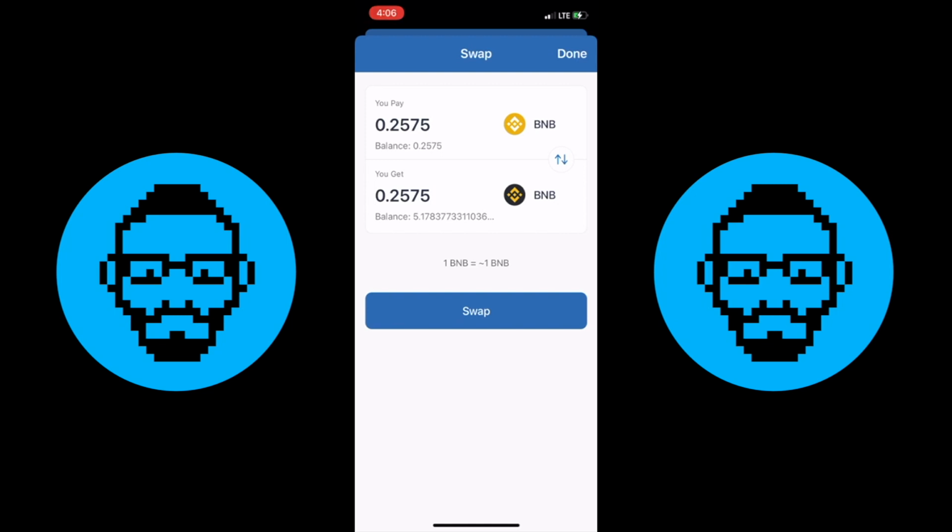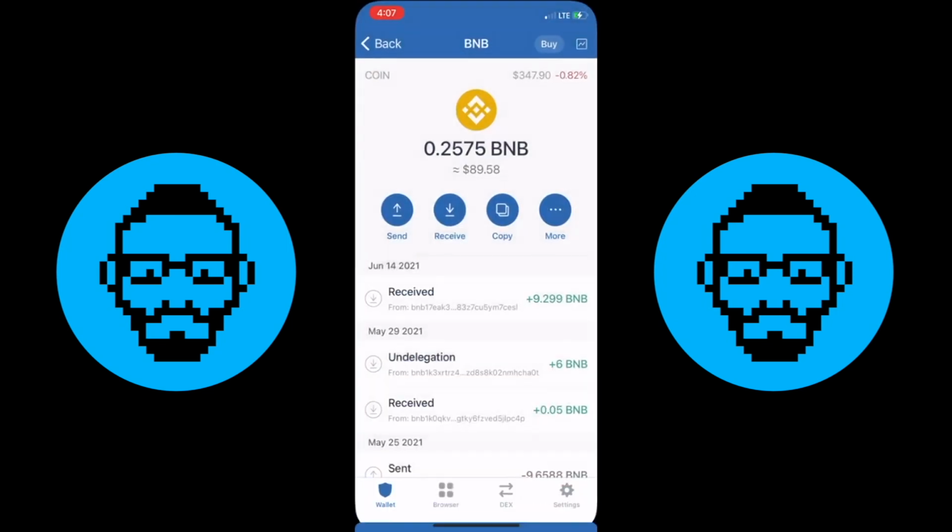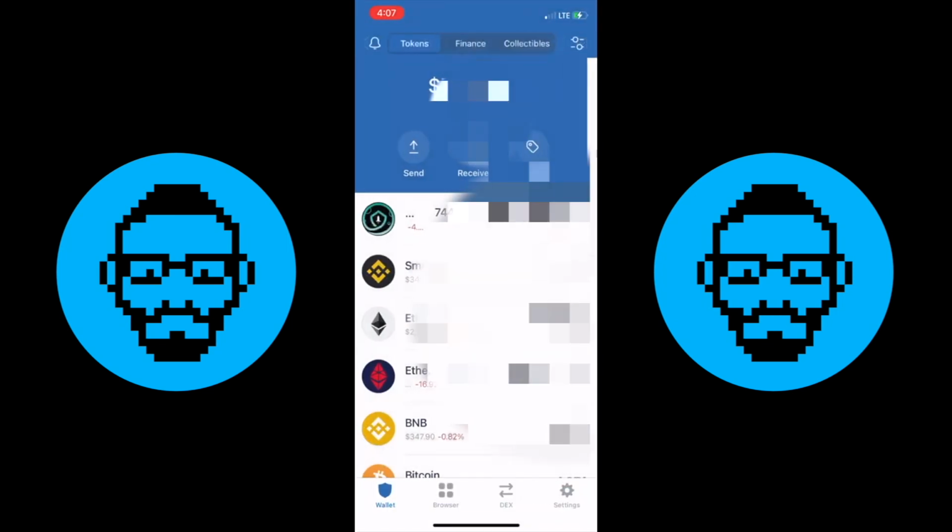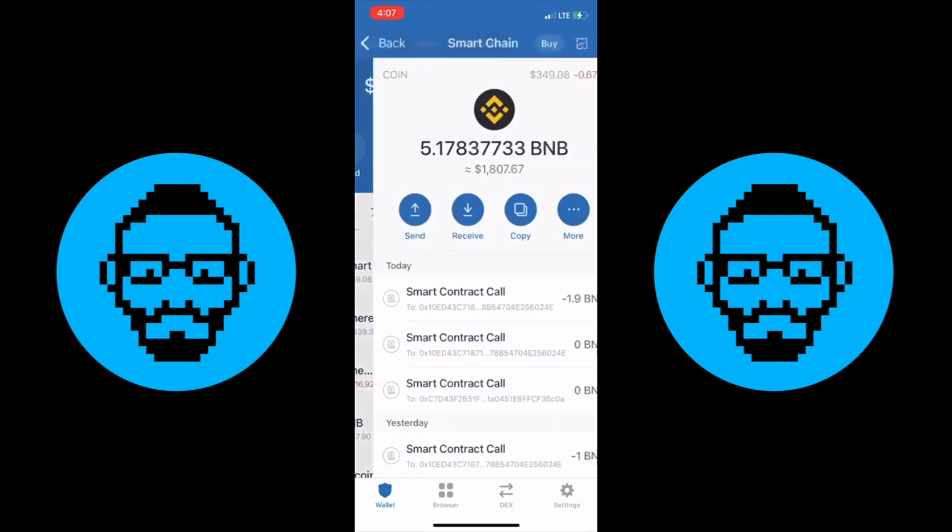Now, I like to keep some kind of small balance in here. Even if I was going to take 5 of my Smart Chain BNB and swap it into something else, I'll leave that 0.178, because I ran into problems staking BNB and trying to unstake. When I went to unstake, if I didn't have enough BNB or Smart Chain BNB, which is very small amounts, but if you don't have it there, you can't unstake. So frustrating. So going back to what we need to do, once your money's in Smart Chain, you have it there,